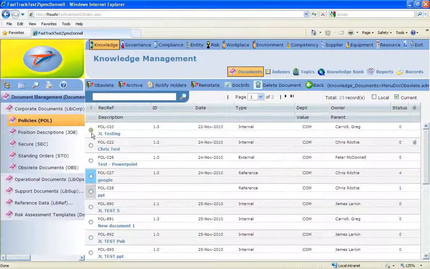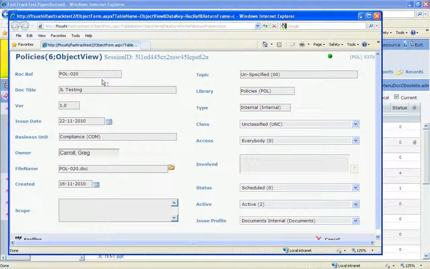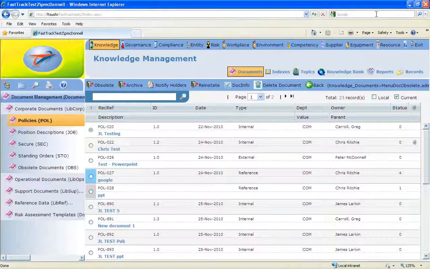Now it's worthwhile, I usually highlight to people, to actually open up the document information on that record to make sure, yes, this is the one I want to delete. This is the information that concurs with what I know of that particular document. You could even open up the document and check the contents as well, just as a double check. You know, the old adage of check three times and action once makes a big difference